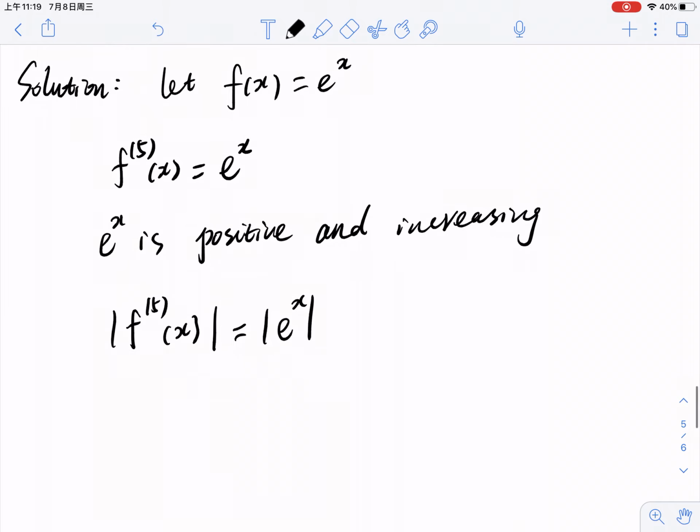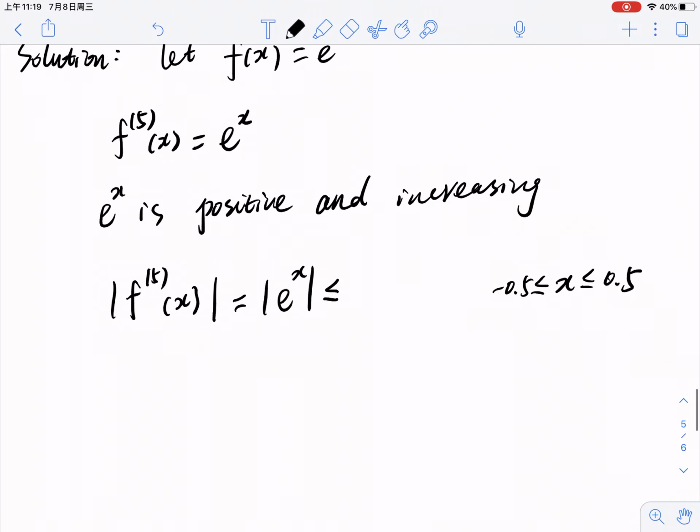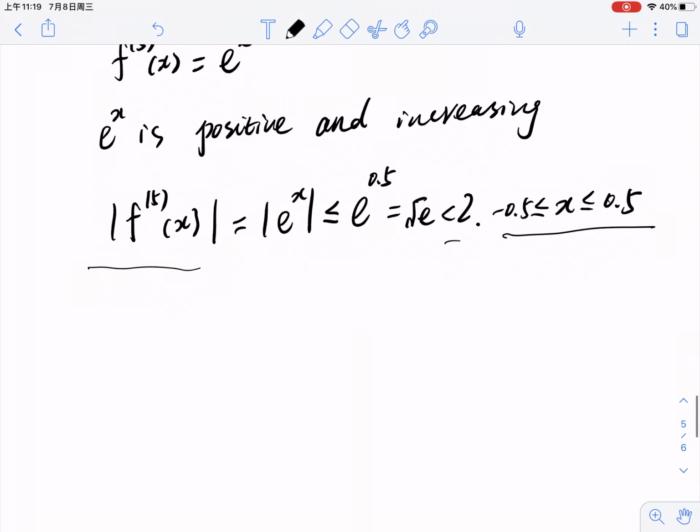So on the interval between negative 0.5 and 0.5, it's less than or equal to e^(2·0.5). This is e, which is less than 3. So on this interval, the fifth derivative is bounded by a constant. Thus, we can take M to be that bound,